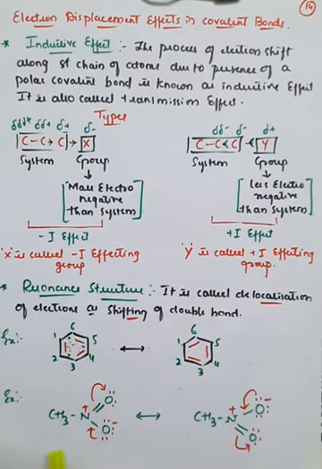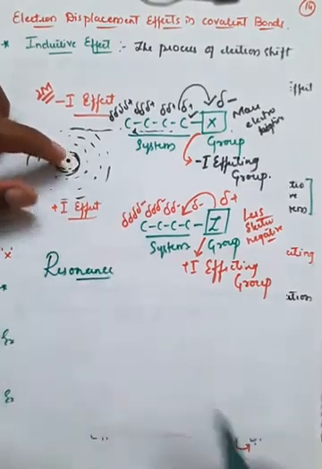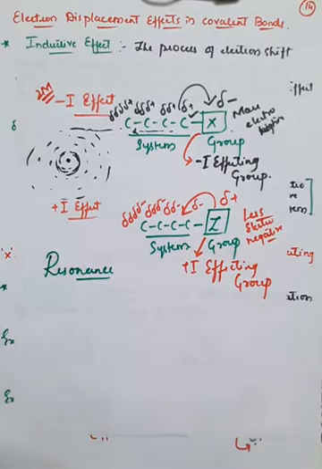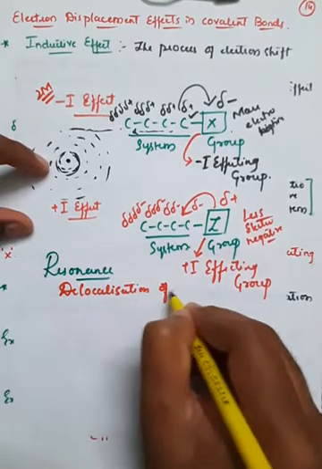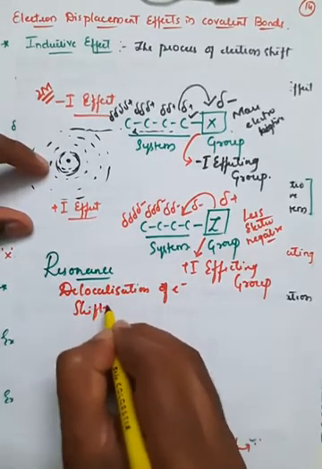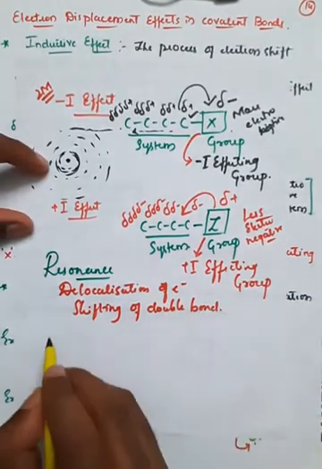Even if you take the example of CH3 bonded with NO2, here the NO2 is bonded on one side with a double bond and on the other side with a single bond. This double bond can shift here and convert into a single bond. Therefore we can write one more canonical form, right? That is called a resonance structure. I will explain here. Resonance can be defined as the delocalization of electrons, or you can call it shifting of double bond, right? The same examples I will give here.